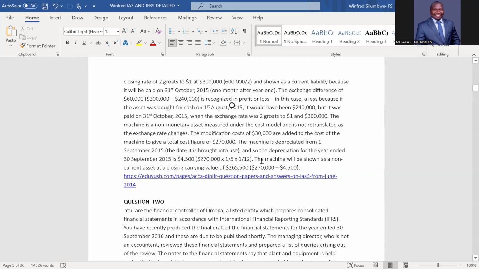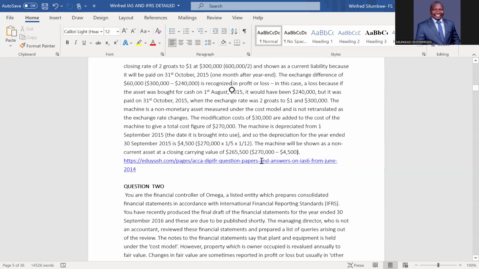So 1 month, because it's 1st September to 30 September, the year end. So it has to be depreciated by 1 year. So it will be depreciated by 1 year. I think the depreciation now is based on the useful life of the machine, because the total cost of the machine